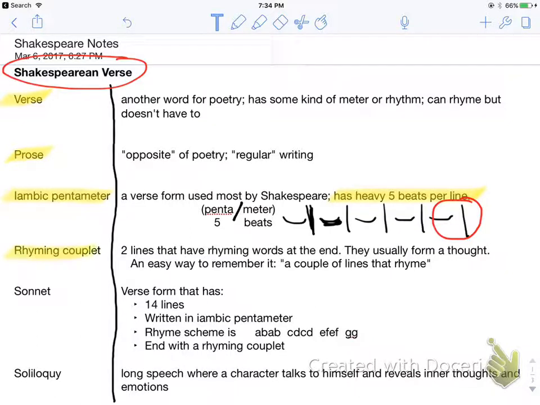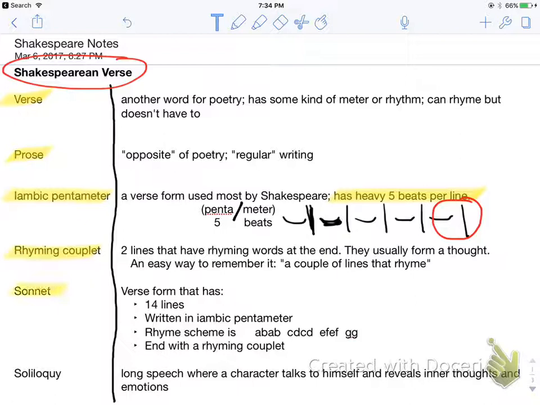Okay, the next one is a rhyming couplet. And that is basically another verse form. It is a mini poem. So it's 2 lines that have rhyming words at the end. They usually form a thought, and an easy way to remember it is a couple of lines that rhyme. Okay, we're going to bring up rhyming couplets again in just a minute when we talk about the next form,